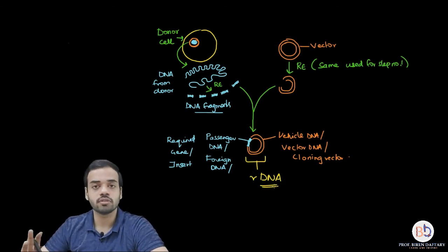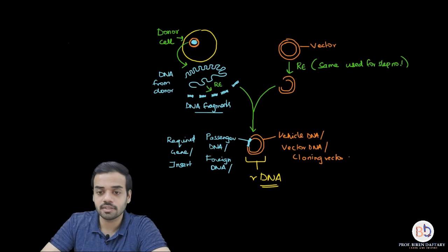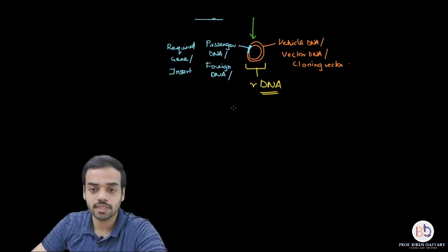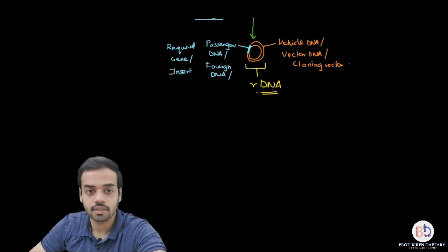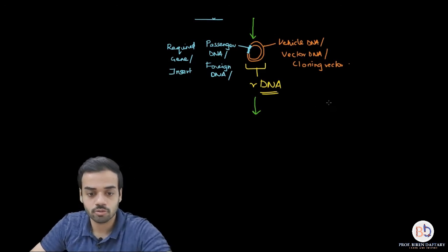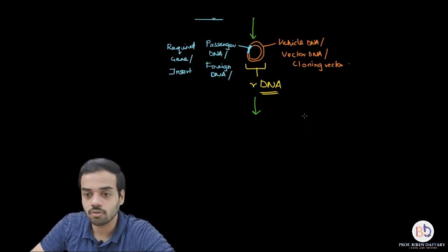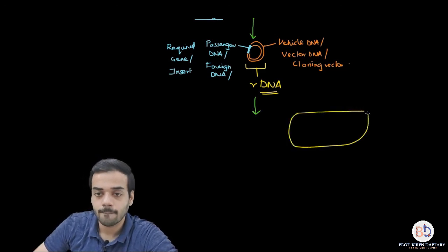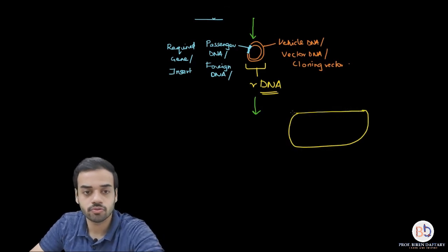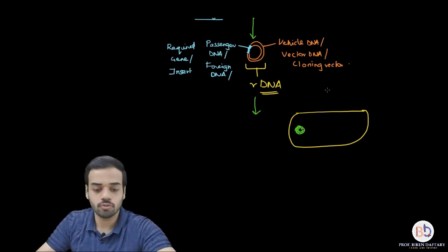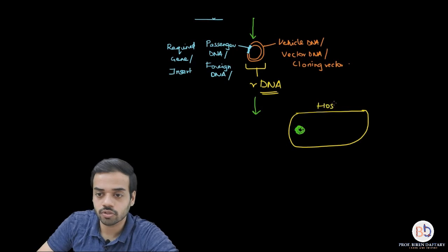So you have shown the first two steps. The third step is transfer of the recombinant DNA into the host cell. So what you are going to show is this will be transferred into the host cell. So how am I going to show the host cell? I am going to show the host cell like this in yellow color. This is the host bacterium. Okay, and I'm going to show this. This is the nucleoid of the host bacterium. I'm going to label this. This is the host cell.